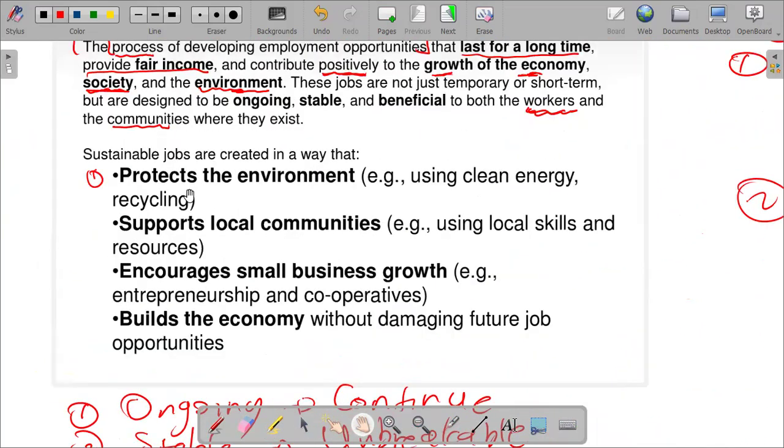So when we look at protecting the environment, even if a mining business were to be started, it has certain implications to be protecting of the environment, using certain legal obligations to protect the environment and the people that they are within. So is, number one, mining a sustainable job? Yes, because the mining can protect the environment using legal precautions. Number two,